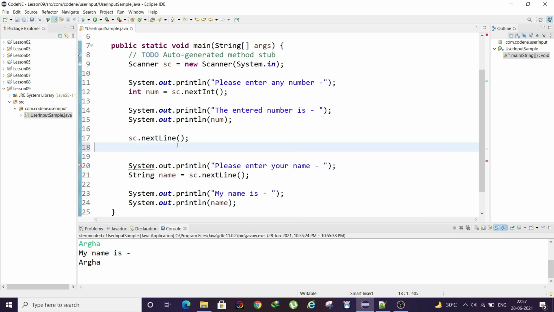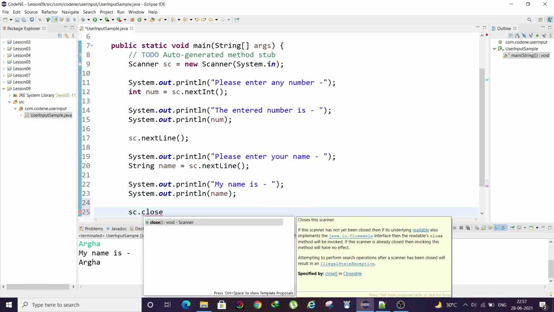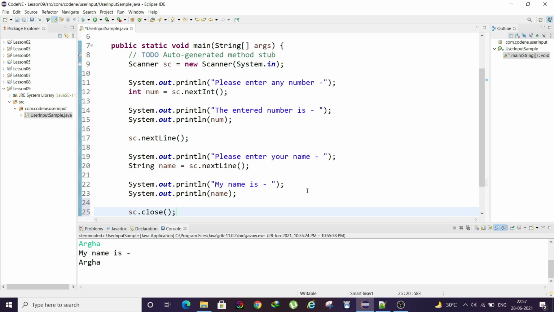One thing you can do, after you have taken input from the user, is close the scanner. The reason it is recommended to close the Scanner is that Java will not perform its garbage collection if we do not perform scanner close. If garbage collection is not performed, there will be a chance of memory leakage, which is not good for your coding. At the basic stage it may not look like much, but at a higher level of coding, memory leakage should be avoided at all cost.